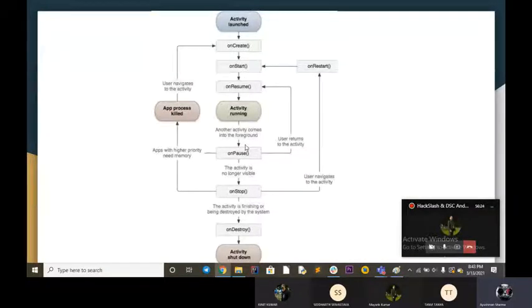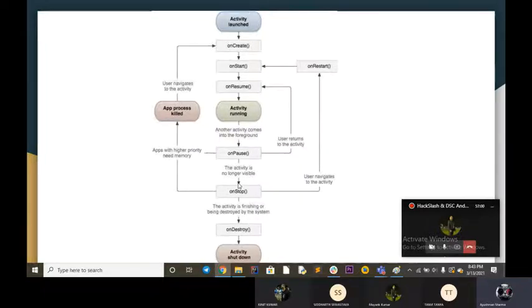For example, if you click on the home button and you stop your app right there and you see all the applications that you have run before, then it goes to the onPause section. Now, if you return to your application, then it again resumes from the onResume. But if you go to another application, then it kills that particular screen, and now our screen code runs from onCreate again.